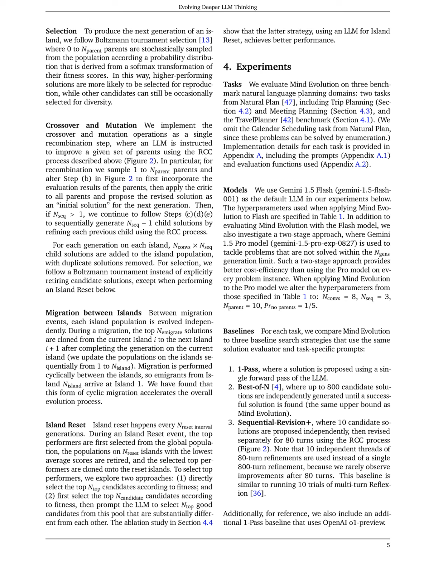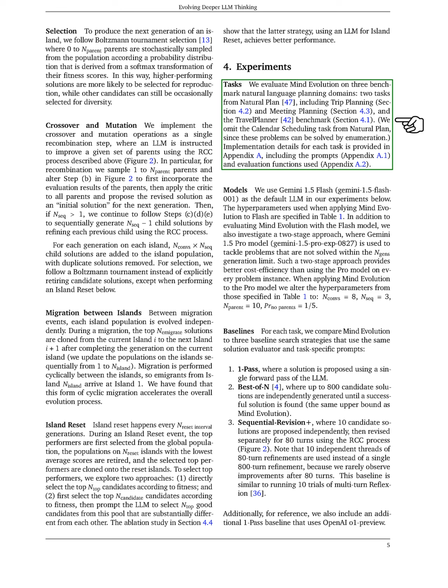Section Summary. In this section, we describe our approach to generating and refining candidate solutions for a target problem using a large language model, LLM, which involves sampling initial solutions, engaging in a critical conversation for refinement, and employing selection, crossover, and mutation processes to evolve these solutions across multiple generations and islands. We also outline the migration of top solutions between islands and the periodic resetting of populations to enhance diversity and performance, ultimately evaluating our method on various natural language planning tasks.